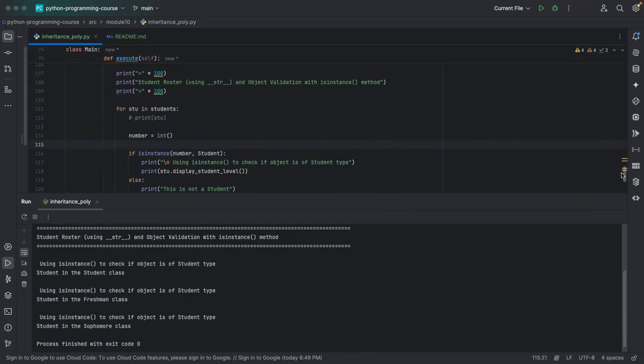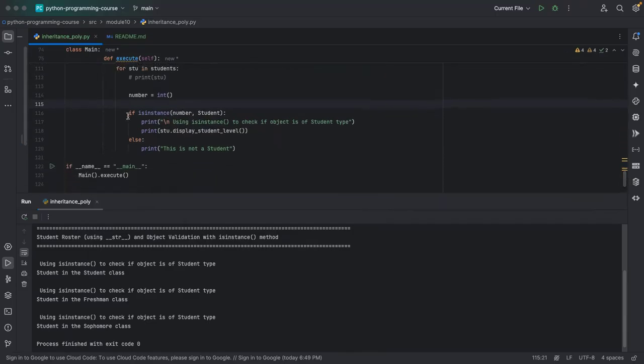Okay. So now we're checking, right, if this number is an instance, we're checking to see if number is a student type. Well, we know that it's not, right? But we want to ensure, just for demonstration purposes, that isinstance works the way that it says it should work, right? So it should catch it. It will not even go into this block of code here because number is not a student type, right? It will branch off into our else branch. Okay, so when I run the code,